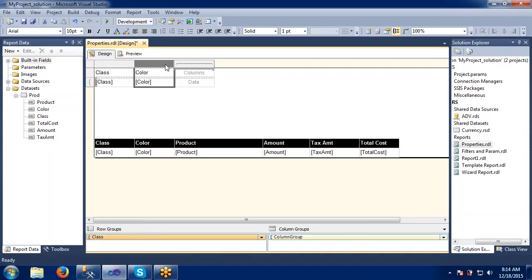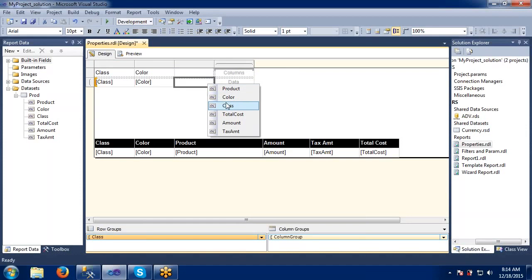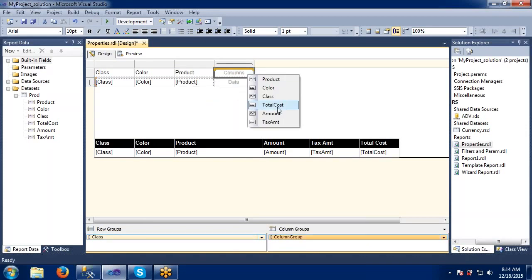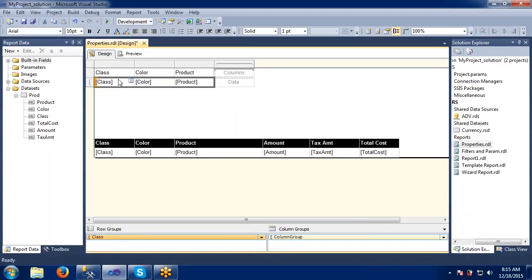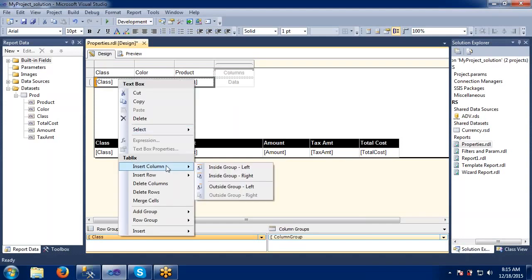Class, color and product. In this column, I would like to specify these are the rows I am having. Row groups, it's still not coming as row groups, right? Actually, this should be. Make sure that insert is in it.